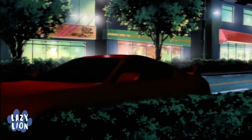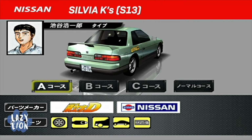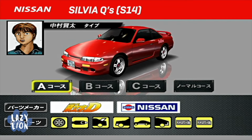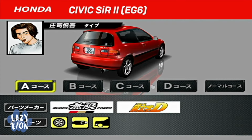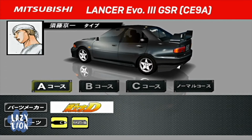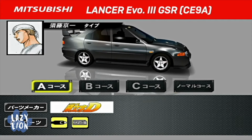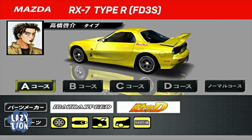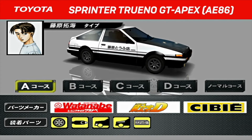And having said that, we can't not talk about the enviable roster of street racing cars. We have the Toyota Corolla Levin SR, the Nissan Silvia K's S13, the Nissan Sileighty, the Nissan Silvia Q's S14, the Nissan Skyline GT-R V-Spec 2, the Honda Civic EG6, the Mitsubishi... Wait a second. What's the Mitsubishi Lancer Evo doing here? Nice car, but so not this season. Oh! That's better. The Mazda RX-7 Type R, the Mazda Savanna RX-7 Infini 3, and